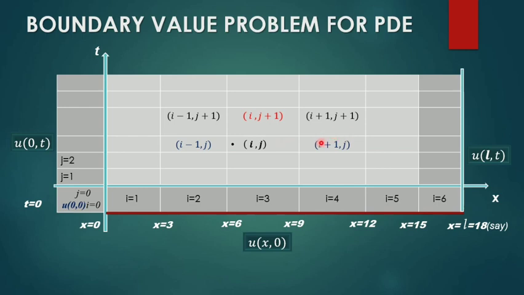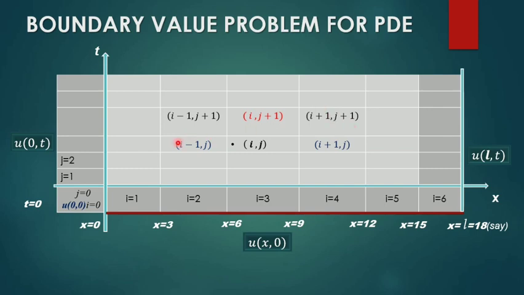Similarly, when you look column-wise, the j value increases when it moves upwards, when we move from a cell upwards. So here you are having i comma j. The next cell above this cell will have j plus 1. When you come below, it will be j minus 1. We also care about the next lines. So here you will have i plus 1 and j plus 1.